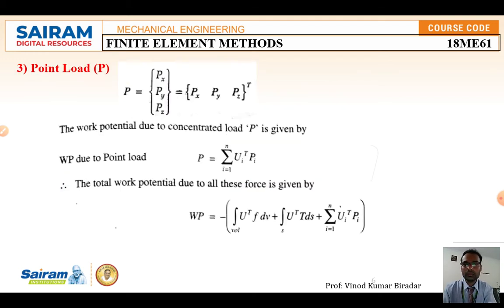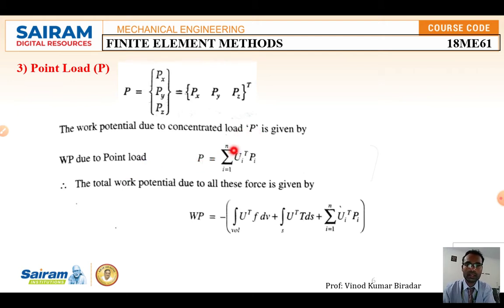Okay, coming to the point load. The point load acts on a particular point on the given body surface, in the three directions, and it is denoted by capital P. P is equal to px, py, pz: the point load acting in the x direction, in the y direction, and in the z direction. Okay, the work potential due to concentrated load P is given by